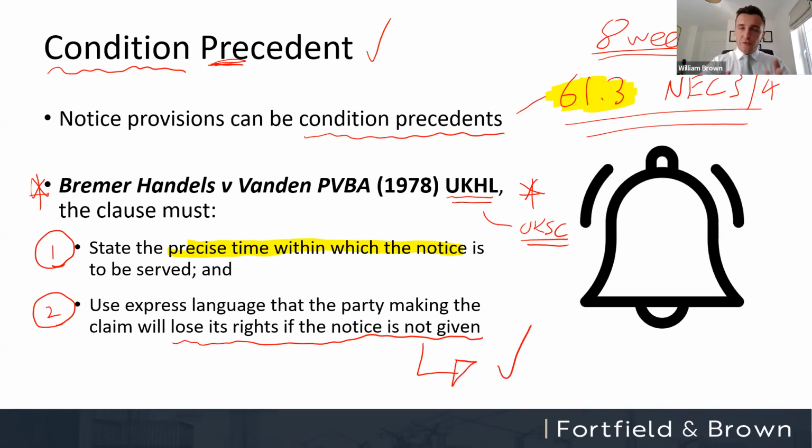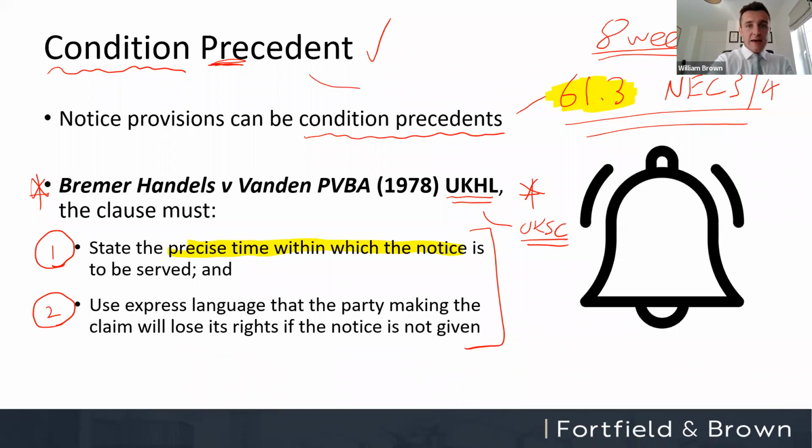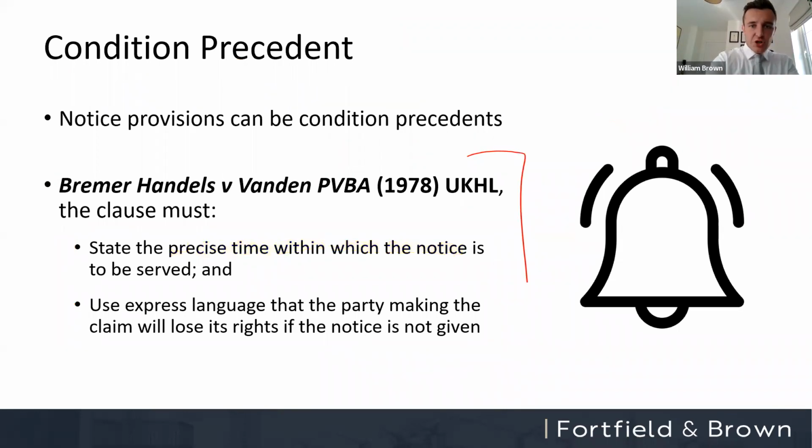It sets out in no fewer words, if you fail to give that notice, you will not be entitled to a change to the prices, no more money, nor will you be entitled to a change to any key dates or the completion date. You don't get an extension of time. So typically speaking, the industry construes that clause of the NEC as being a valid condition precedent. So make sure that you're following that if you're under the NEC. That's just one example. This formula is a generic formula. It will apply to any other provision that meets both of those tests.